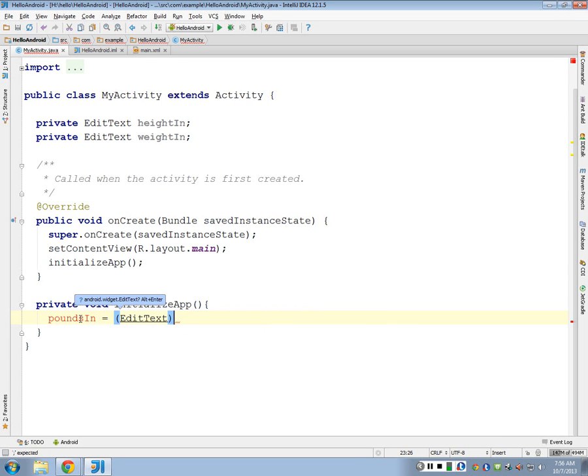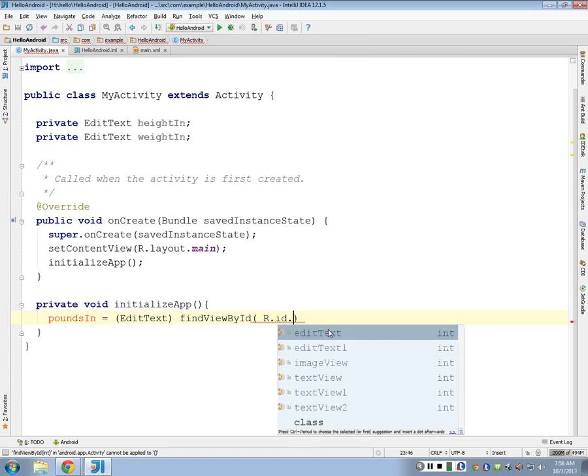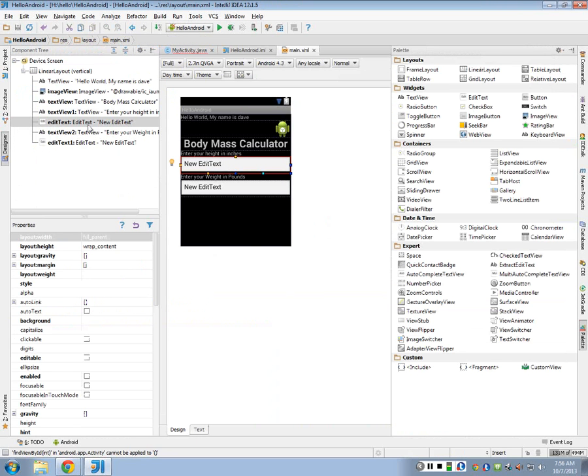And we call this method that's built into the Android development kit, find view by ID. And then we give it the R, which is the main layout for this application that's given to us, R dot ID dot, and then the ID that we gave it on our screen over here, in our main XML. So we called it,